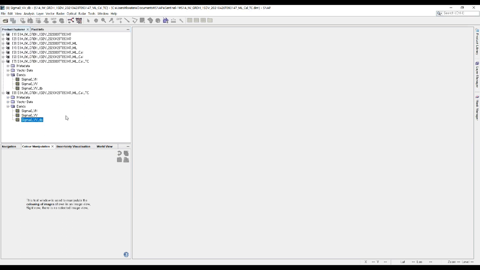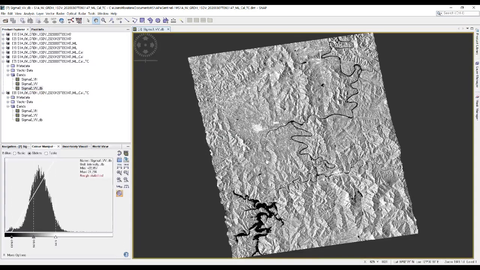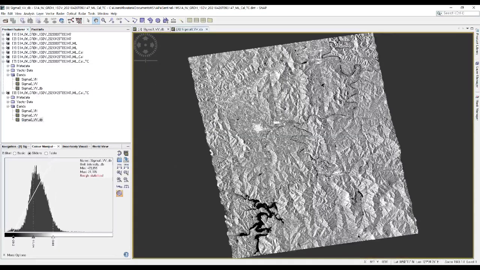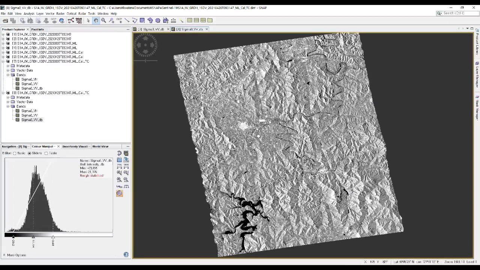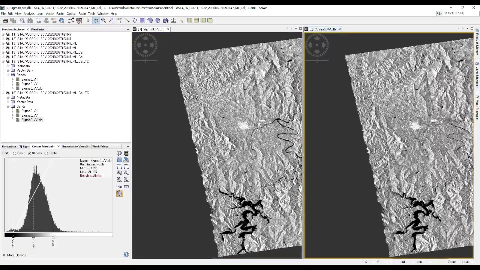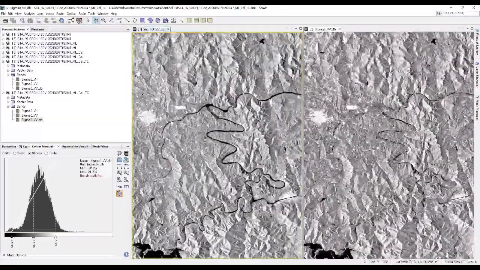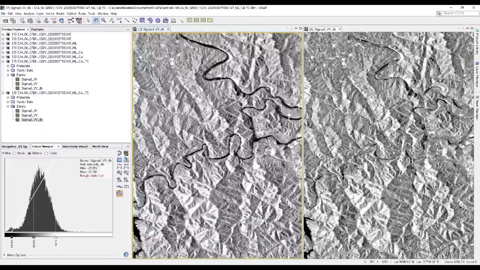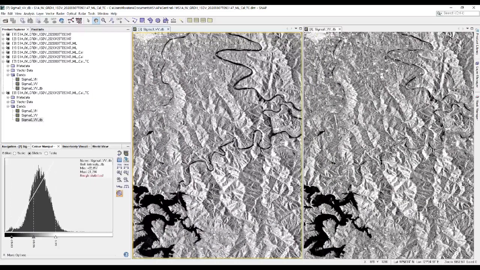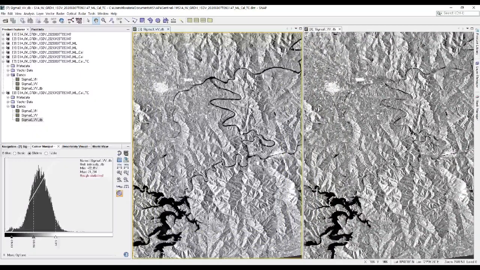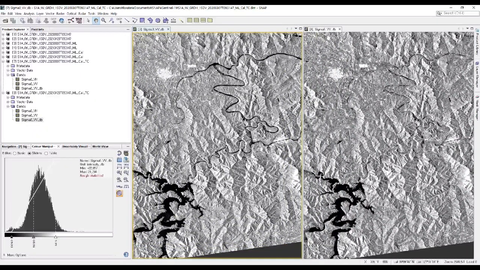Also, save products. So after that, if you open with a double click this one, you can see this would be the terrain corrected one. Also, if you double click another scene for the same area, you can see this one. So I will see these two images with this tile with the synchronized one. So if you zoom in on this dam reservoir as well as the downstream areas of the dam, you can clearly see. And also this first image,